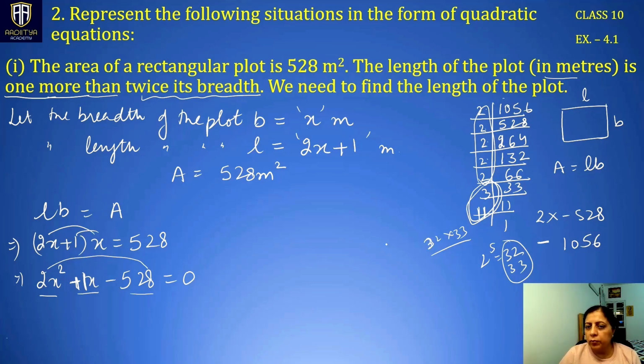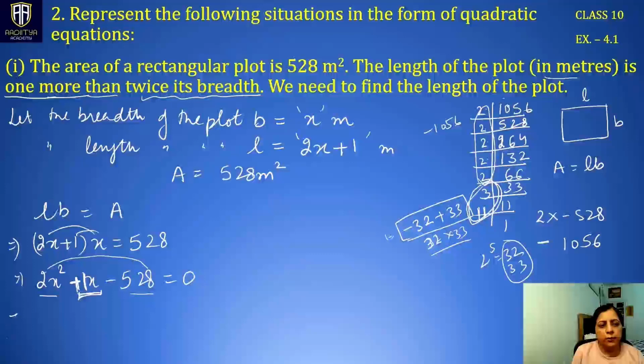So you always have to look for two consecutive numbers when you have to look for the difference or sum of these two numbers to be 1. Since one of them has to be negative and the other has to be positive, the sum is positive, the larger one is positive, and the smaller one is negative. Now you can check if you multiply 33 with negative 32, the product will be minus 1056. And when you add them, 33 minus 32 is plus 1. So the factorization here becomes 2x square